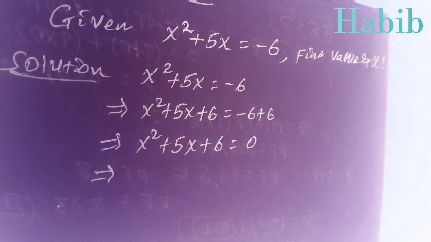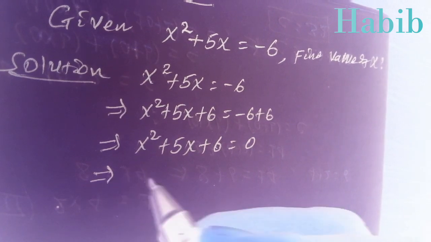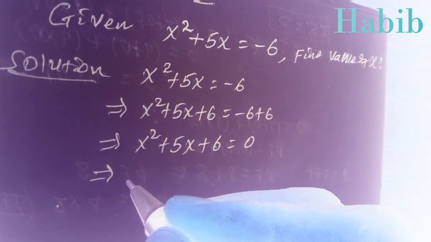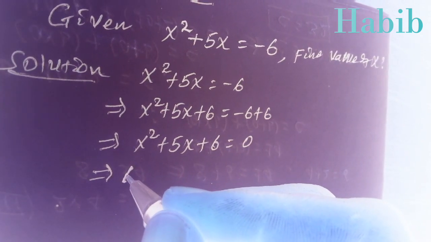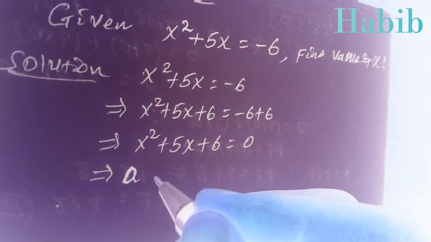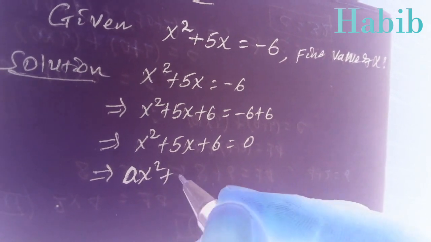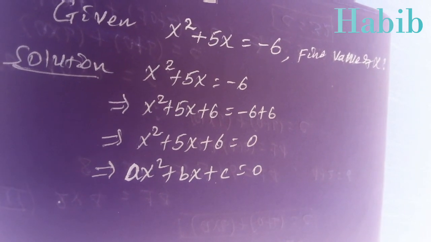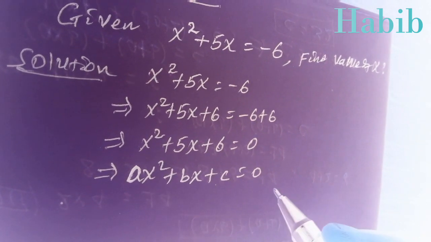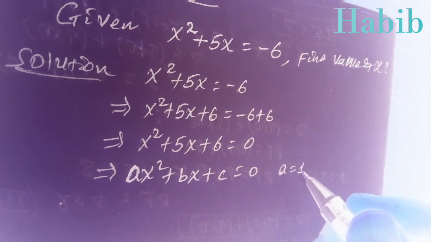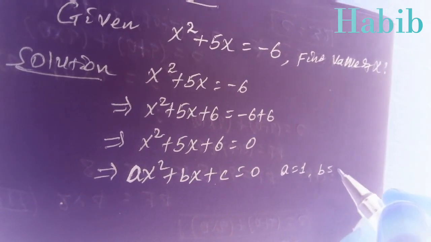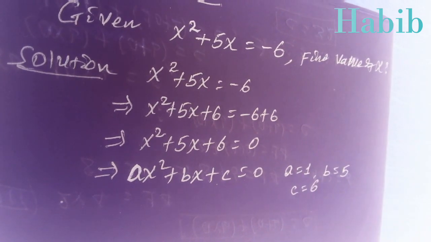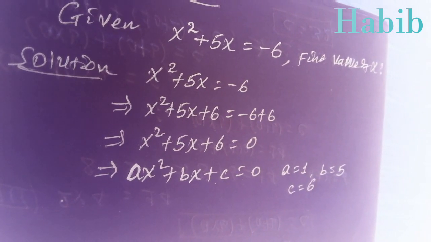This forms a quadratic, because if the equation is written as x squared plus bx plus c equals 0, therefore we can say that equation is a quadratic. Therefore, to find the value of x, its root, we can simply follow the formula. Since a equals 1, b equals 5, and c equals 6, therefore